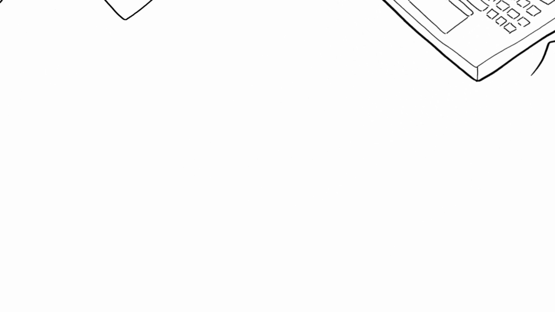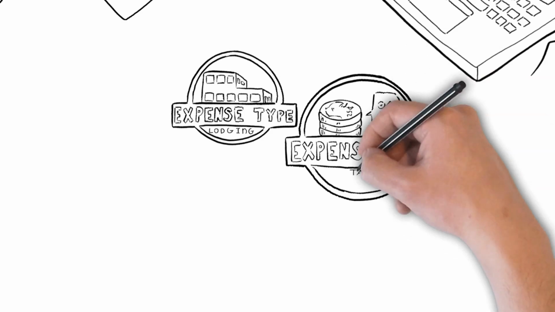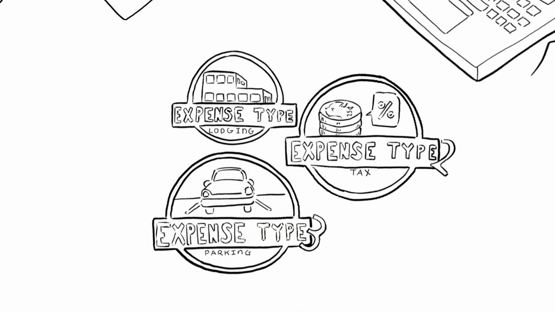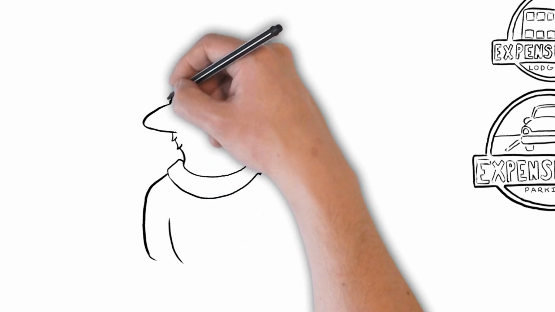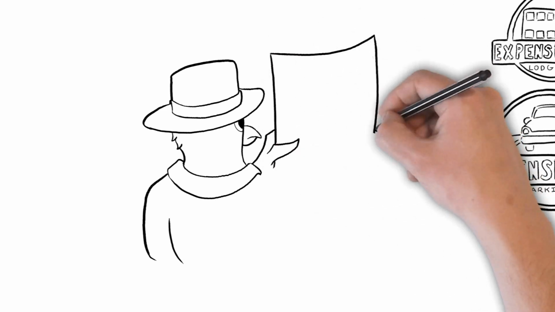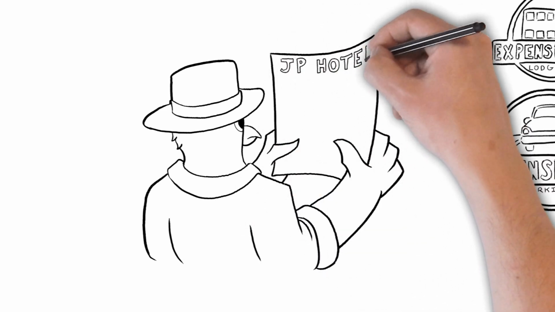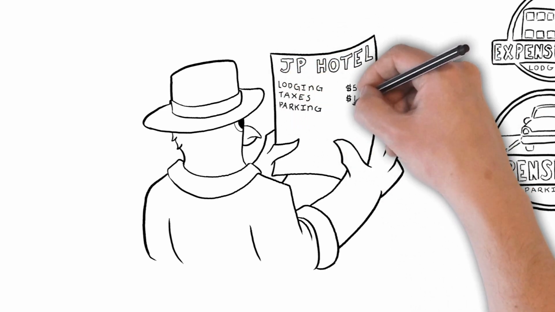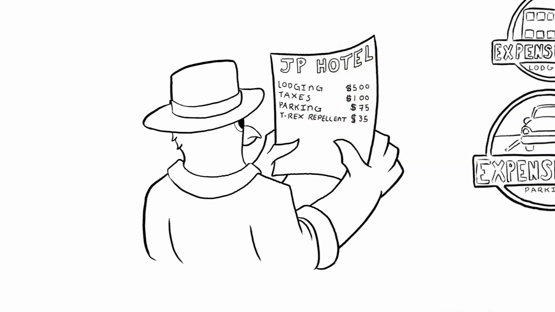You'll need to add details about each expense from your trip. One important detail is the expense type. The expense type is the category the expense falls under, like parking, lodging, or taxes. Sometimes you'll have a few expenses on one receipt that need to be labeled with different expense types. Let's say you stayed at a hotel in Utah and you paid for parking at the hotel. The hotel gave you one receipt with charges for lodging, parking, and taxes. When this happens, you'll need to itemize the expense in Concur so that each item on the receipt is labeled